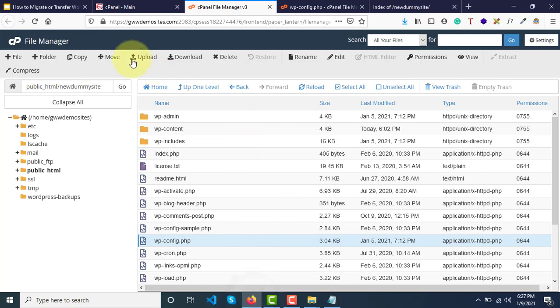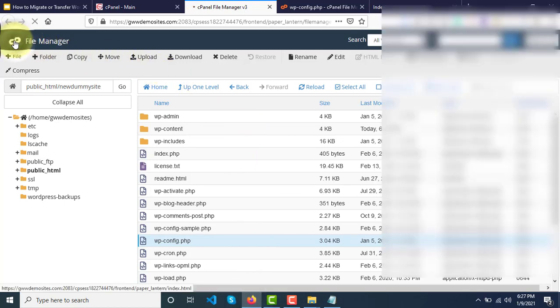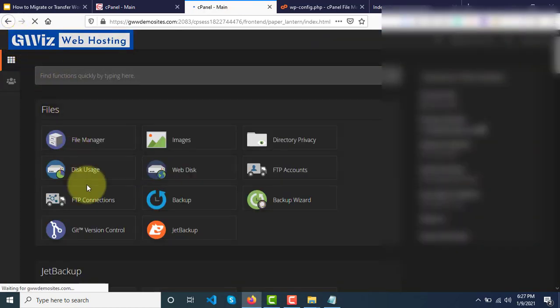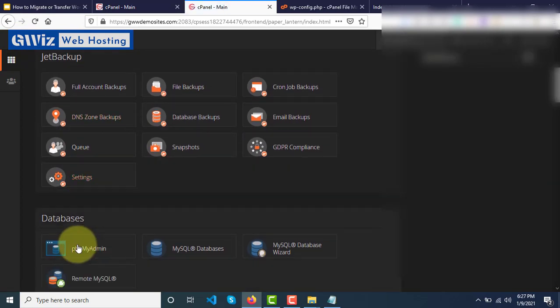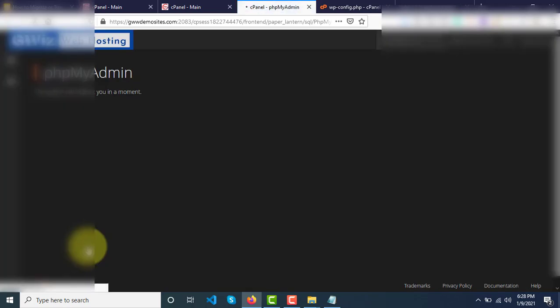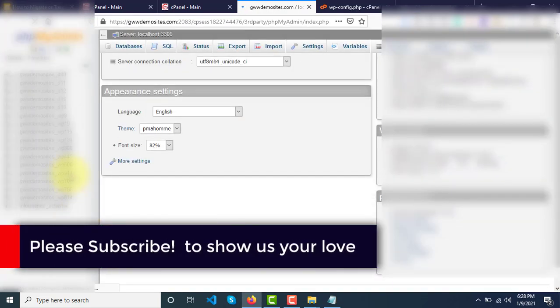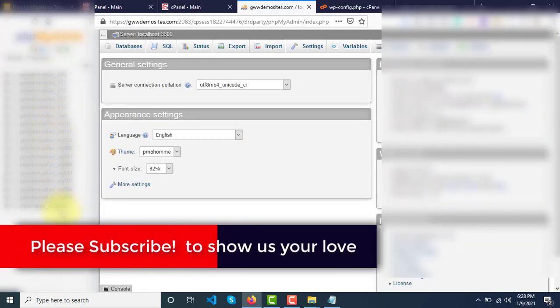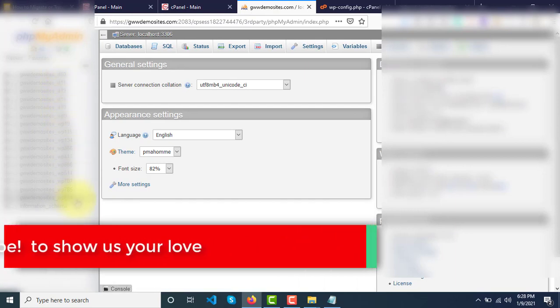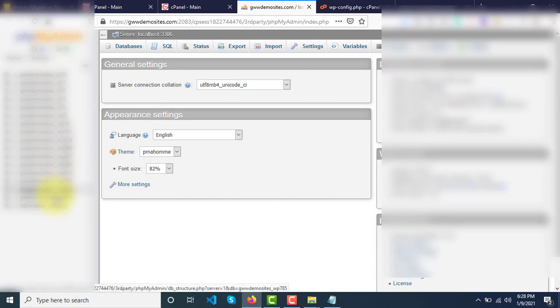So go back to cPanel and go to phpMyAdmin here. Depending upon your server and how you have used your server, I have many databases over here, but I need to find out which is the database that is connected to our website now.